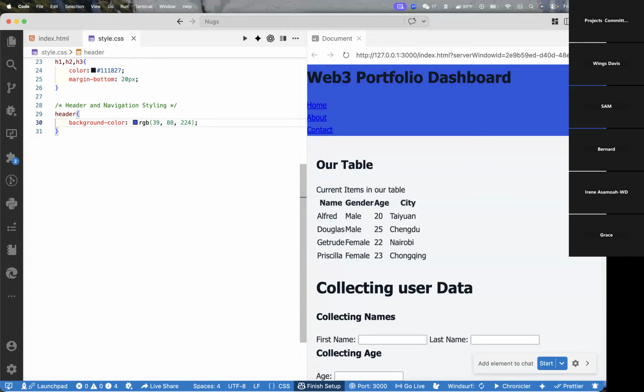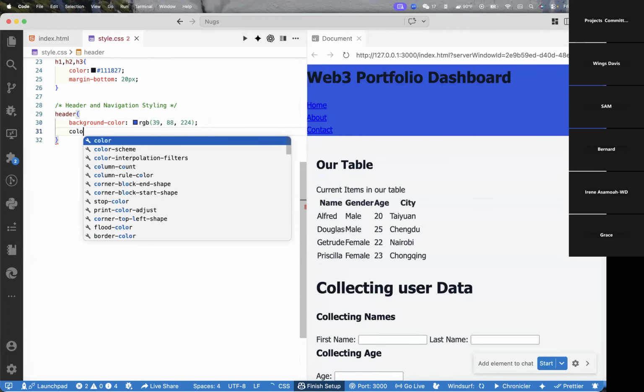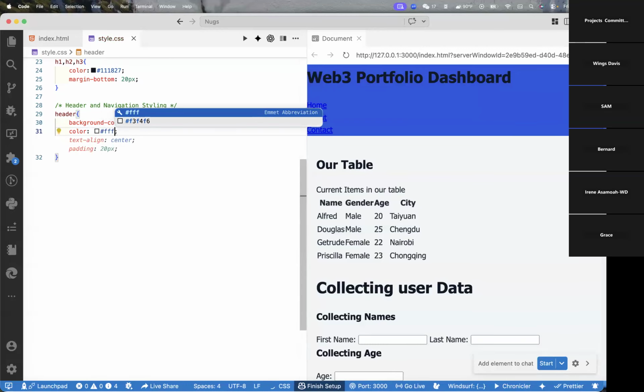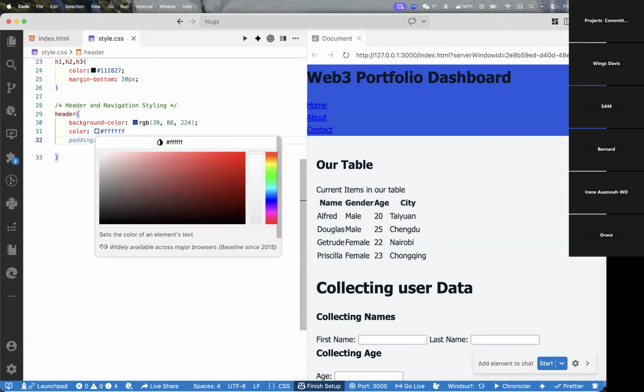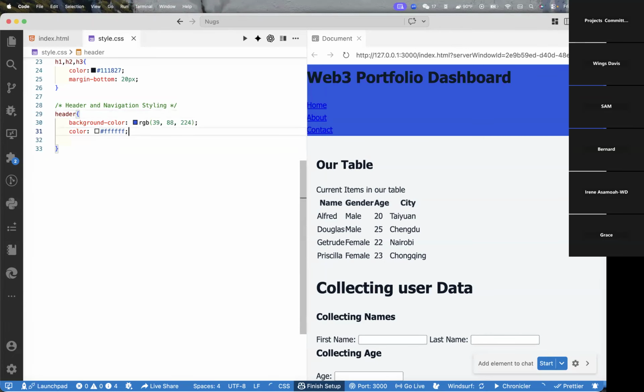So this is cool. And then I'll change the color. So the color, I'll make it white. So for white color codes, it's easier, I can do FFF. So yes, FFFF. And then